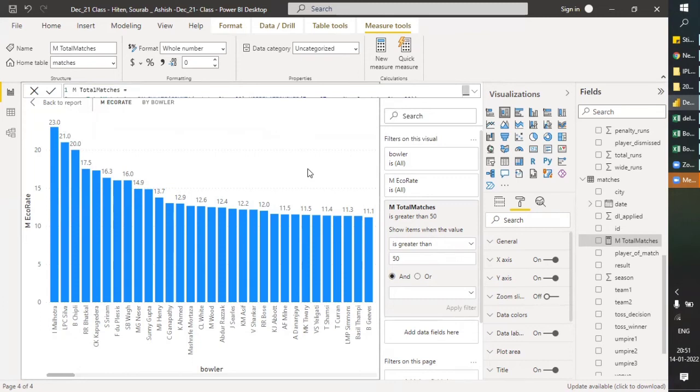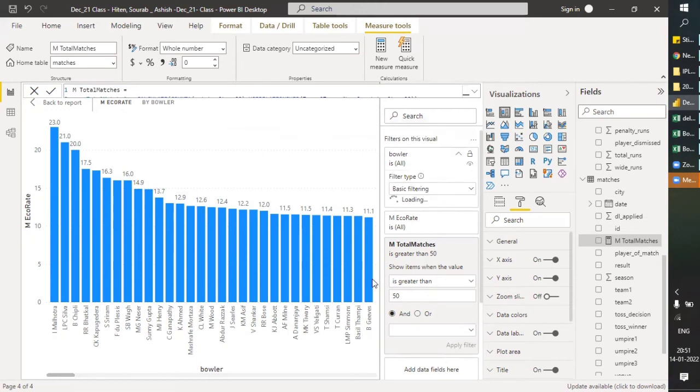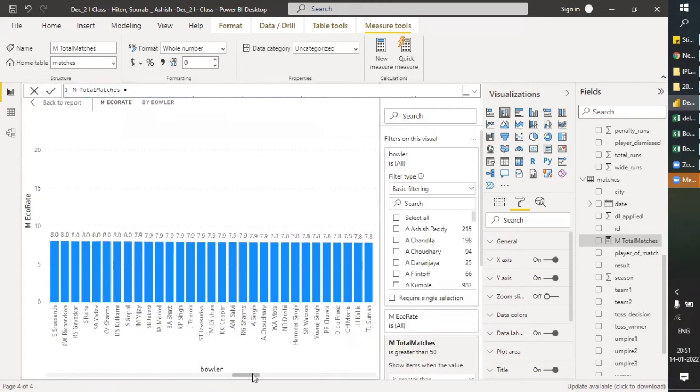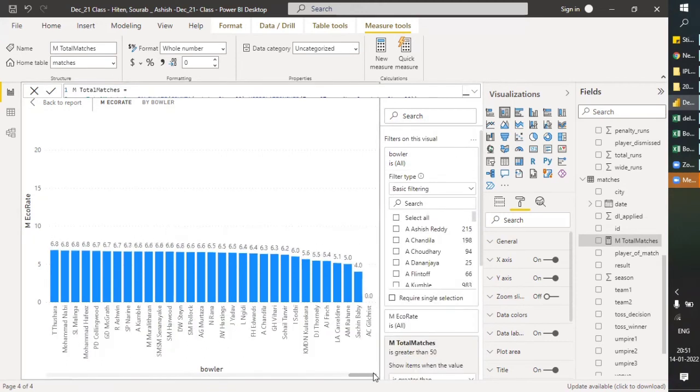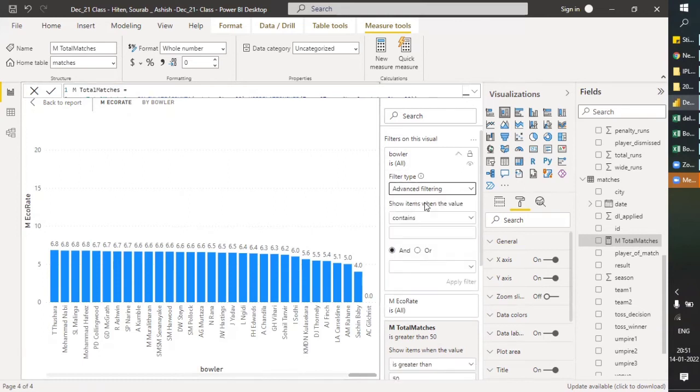So I believe still this is bowlers. It is still not showing satisfactorily.